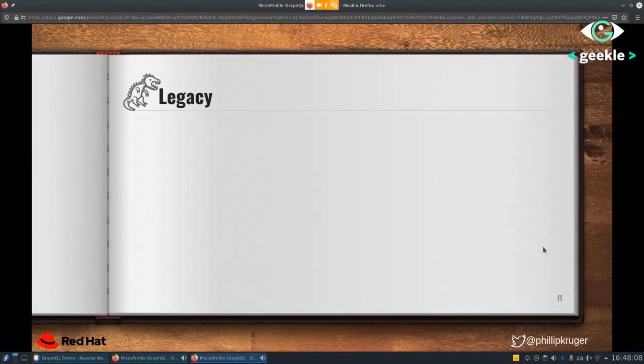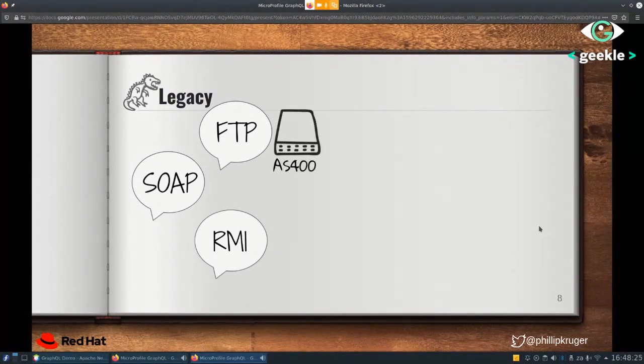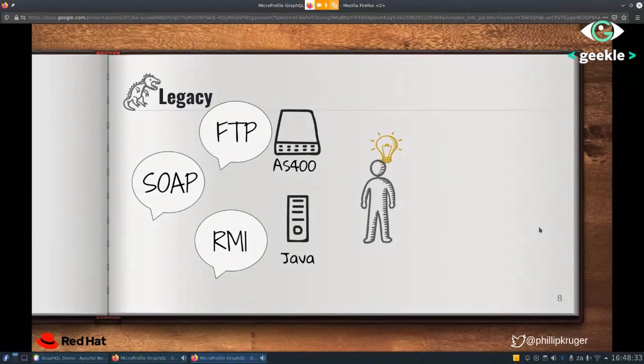Right now, as with any big company, there's legacy, right? So a big part of the system and a big part of this integration happened via FTP. And there were some SOAP services, there were some RMI services. Some of the parts of the system is written in AS400, parts is written in Java. And at some point we decided, right, we're going to modernize the system. And